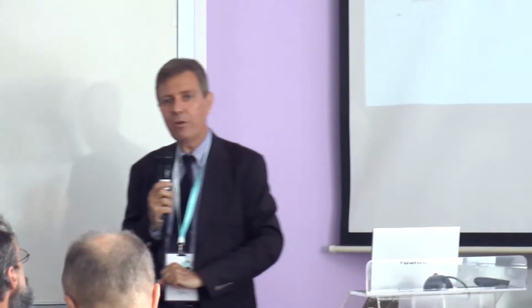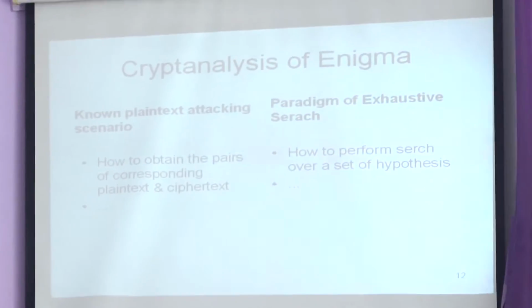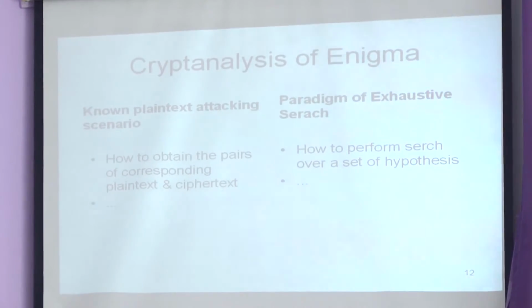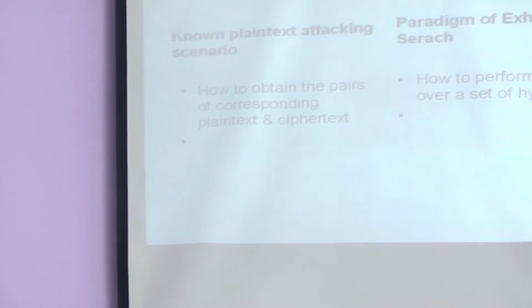And of course, on the other side, people in the UK, US, and Poland were trying to break the encryption scheme in order to learn what would happen. Because if you send some message, you're sending something which will be clearly effective in the near future or in the future. And if you know the future, you have a high benefit. So what was the problem? The problem was, let us break Enigma.